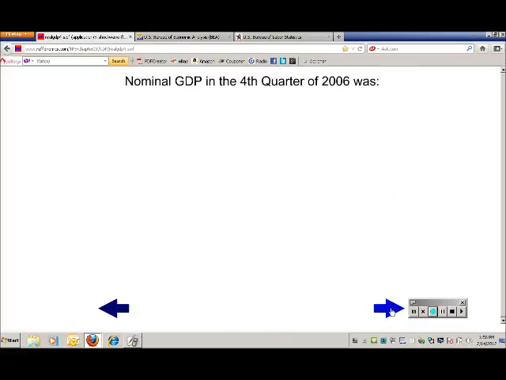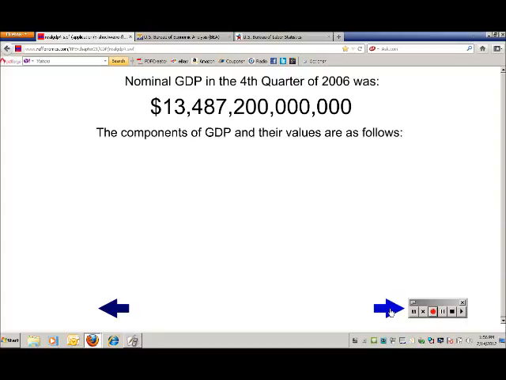Let's see, value of components. Now, in 2006, if you want to break down the value, and this is where we're going to get to a more